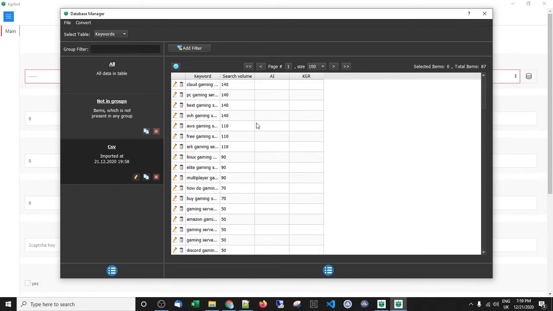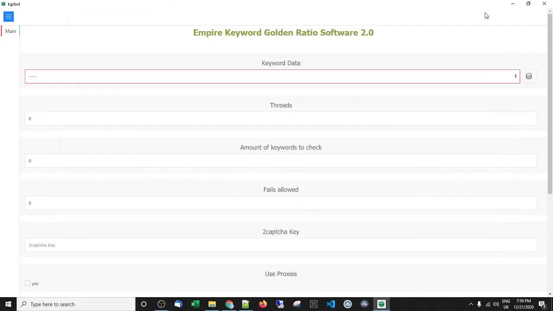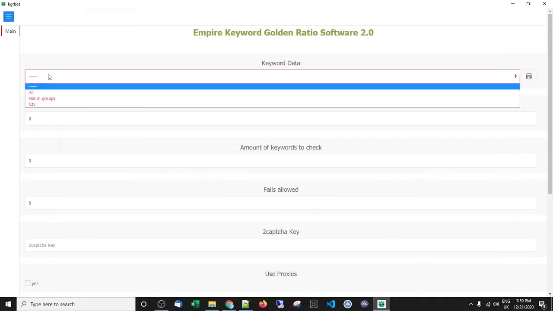I mean, there's a lot of keywords just in this list. And as I say, don't be shy even if they say search volume 10. The number that you're getting back here is only for the search volume in one country. So if your niche is worldwide, then even the ones with low score are worth producing a bit of content for.